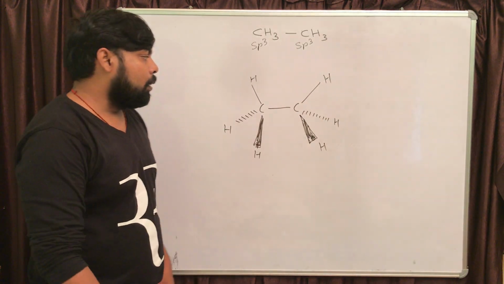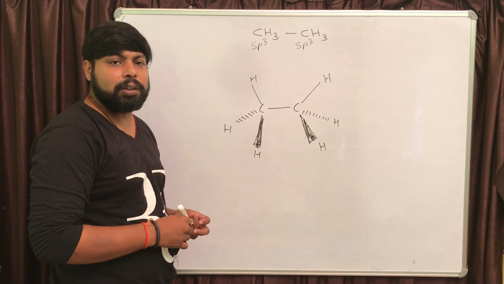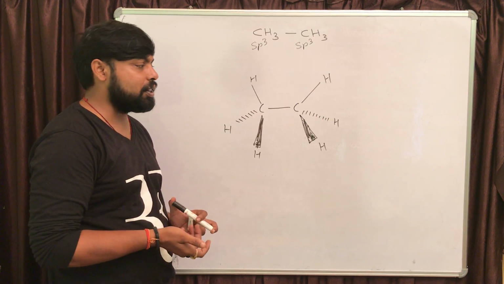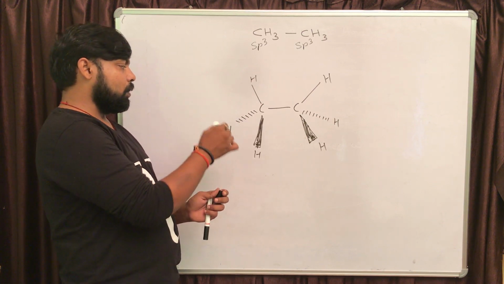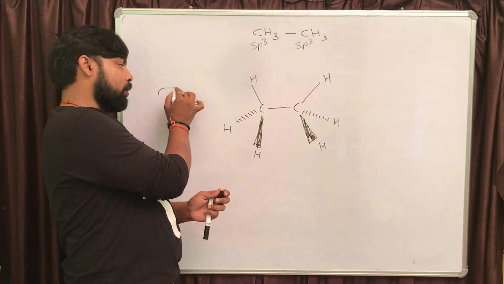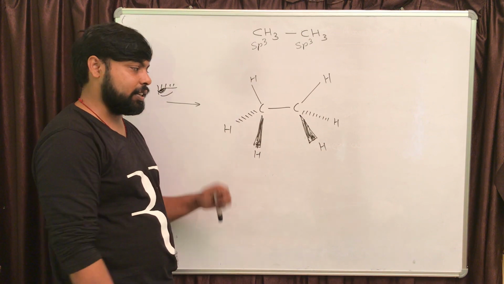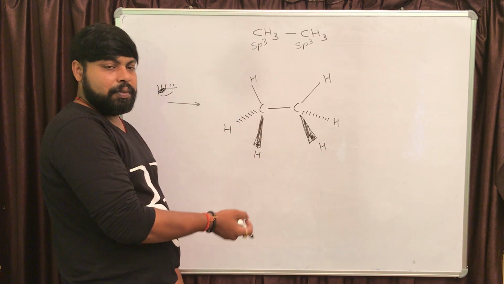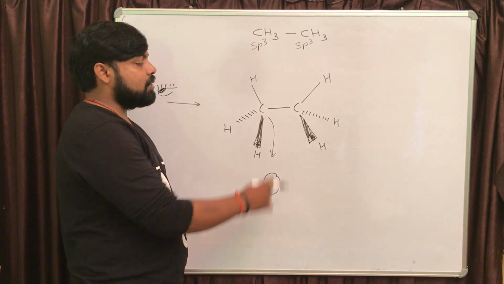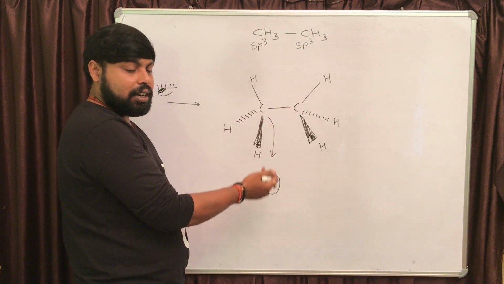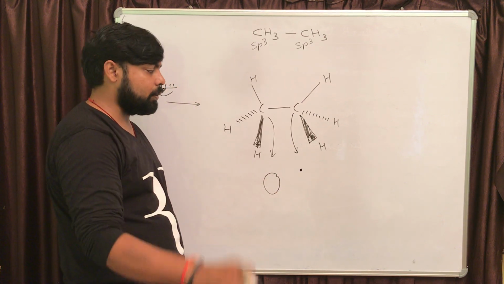Now, to understand the conformer, we have to draw the Newman projection. And how is the Newman projection drawn? Let us say, for this molecule, I am going to observe this molecule from the left hand side. Here is our eye. We are seeing from the left hand side. The first carbon atom which is towards the observer will be represented by a circle, and the second carbon atom which is just behind the first carbon atom will be represented by just a dot.